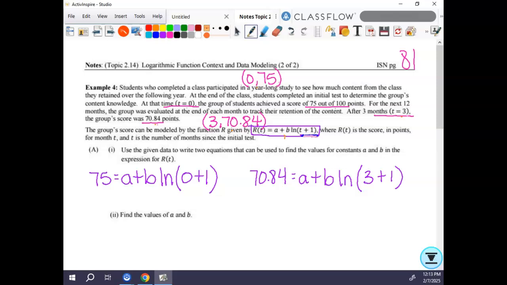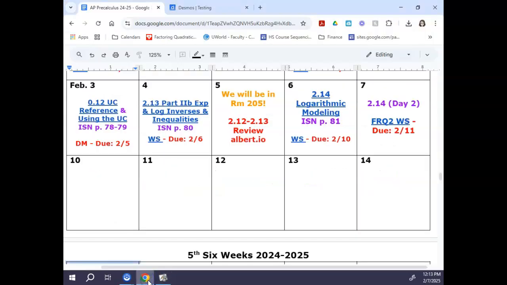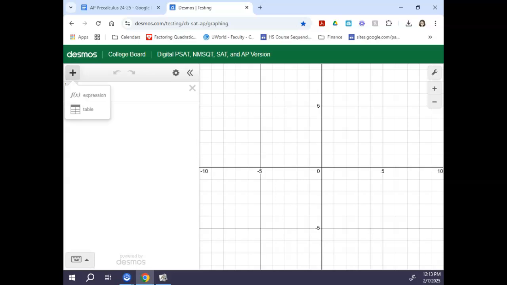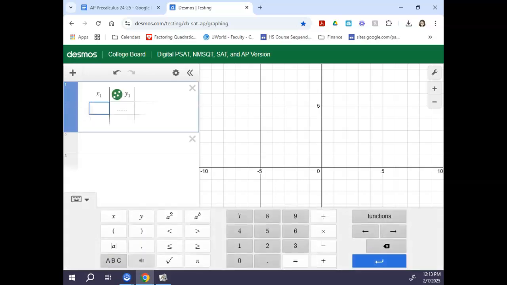And then we're supposed to find A and B. So we're going to go to Desmos and type in our information. So you're going to need to retype it in because you don't have it from yesterday, because we're going to do some extra stuff. 0, 3, 75, and 70.84. Okay. So those are the two ordered pairs we got. That's what we're typing in, right? I can zoom